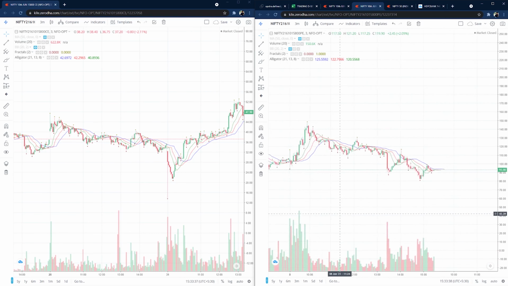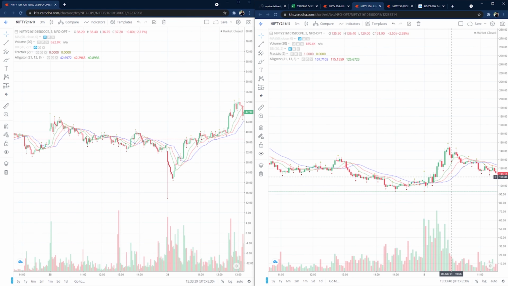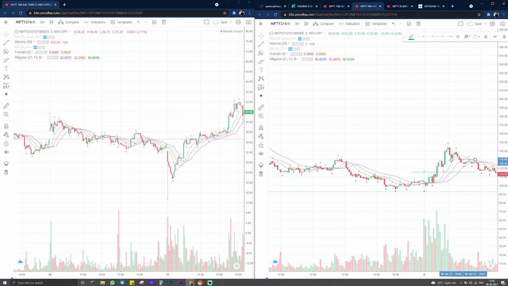If you ask me, over here you can say there was an entry, and this would have been your exit. I'll show you again: this would have been your entry, and this would have been an exit. You didn't capture much over here, but if the trend is really good, you'll definitely be able to capture more points. So how many points will you be able to capture on this side? Let's see.